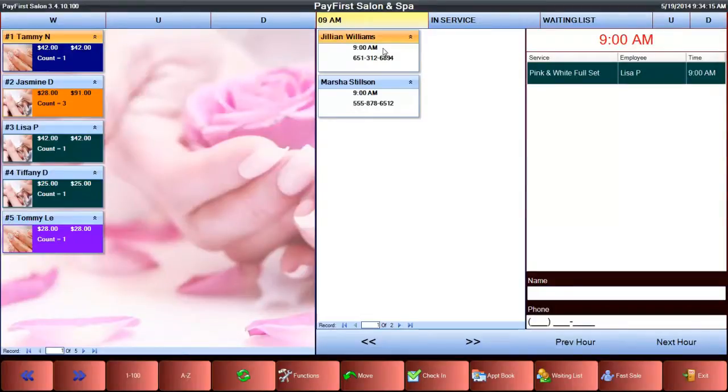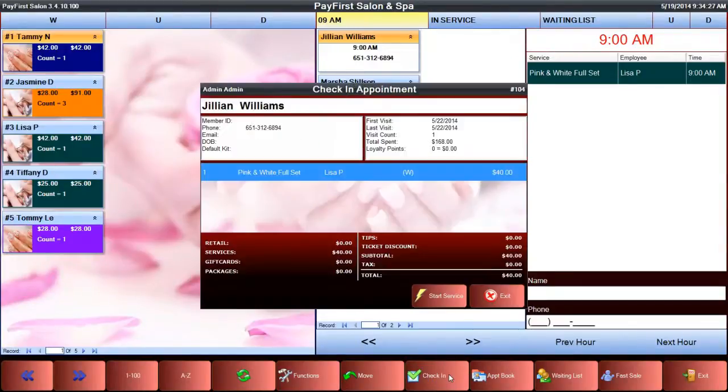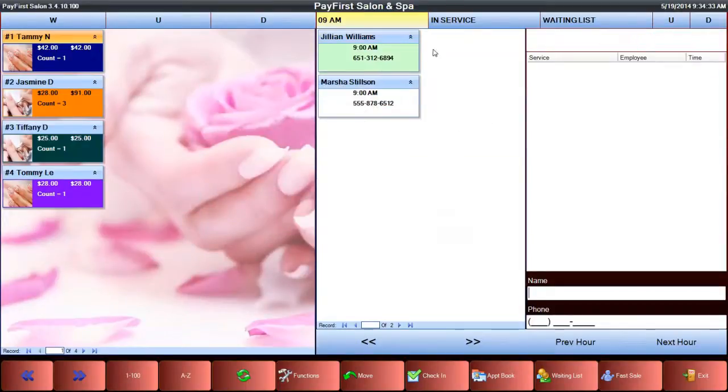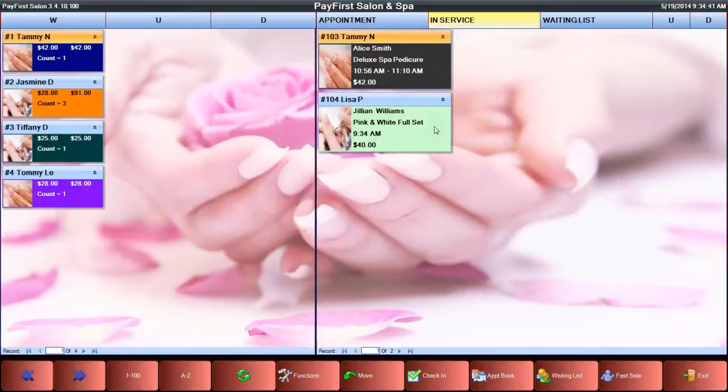We can select an appointment. You can see the appointment details, such as the time of the appointment, what services were requested, the technician, and of course we can check it in. When we check it in, it'll show a confirmation, start service, and the appointment has been checked in. You can see the color change to green, and if we go to our in-service window, you can see the appointment. Going back to the appointment window,